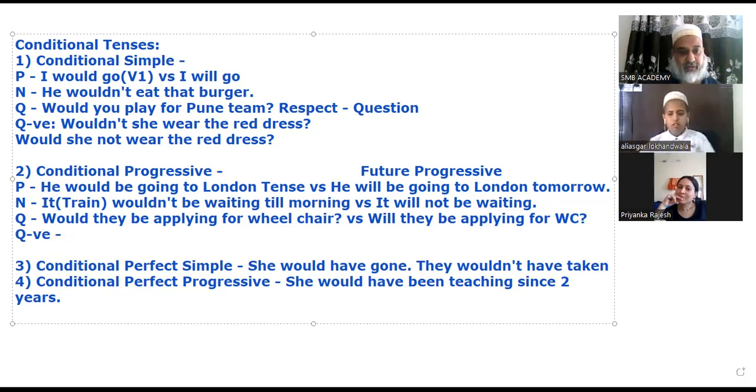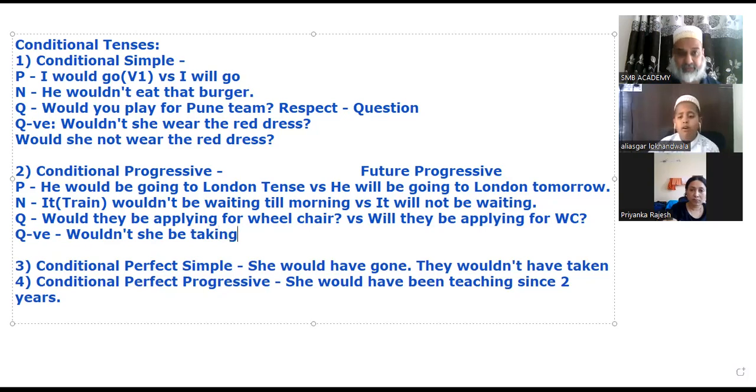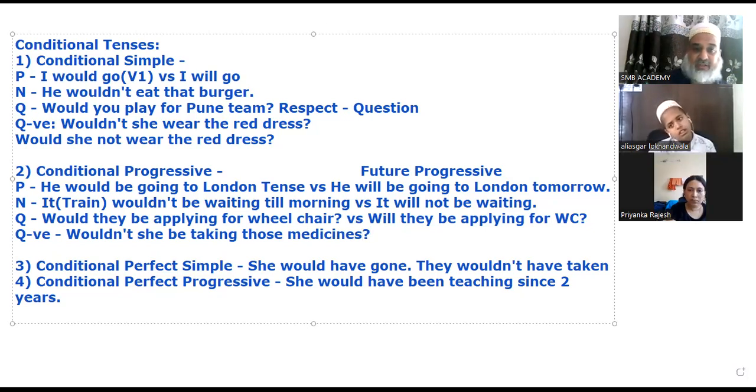Now, what will be the negative one? Wouldn't she be climbing a mountain? हाँ चलेगा. Wouldn't she be taking those medicines? Wouldn't she be taking those medicines? क्या वो वो वाली दवाइयाँ नहीं लेगी क्या? क्या वो वाली दवाइयाँ नहीं लेगी क्या? Wouldn't she be taking those medicines? क्या वो दवाई नहीं लेगी क्या? है ना, ऐसा होता है।